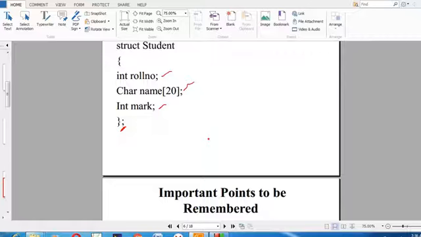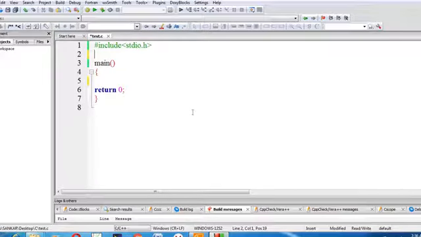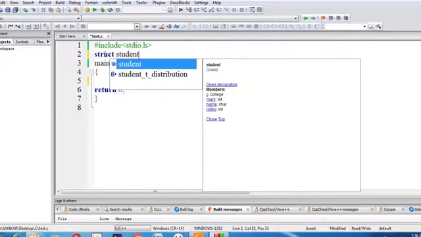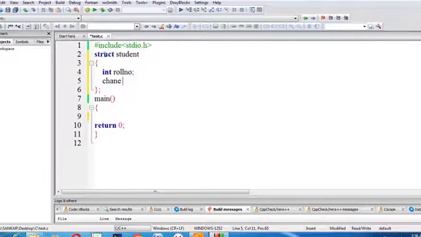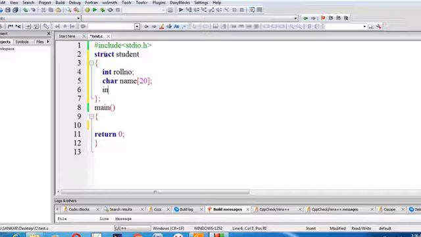So now I use a code block. The same thing I am going to create here. struct student. Inside the student it contains int roll number, name is a character data type, char name[20], then int mark, ending with a semicolon.